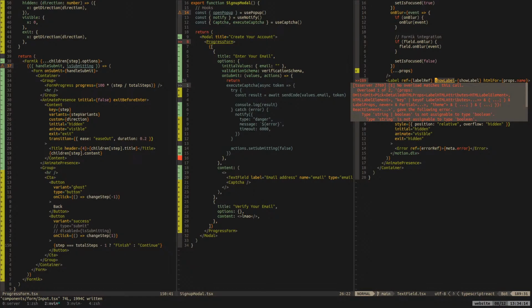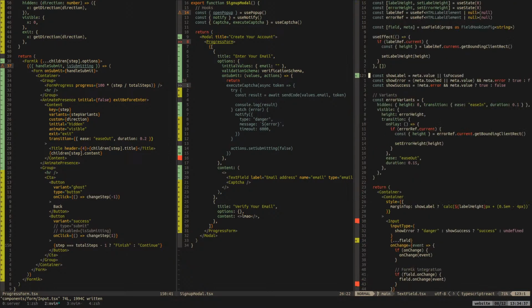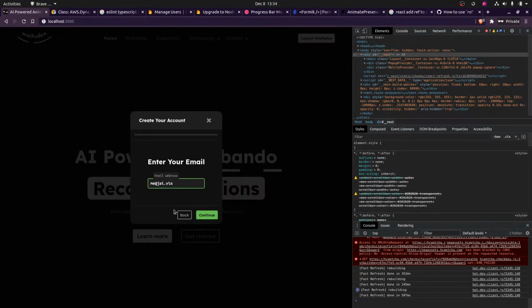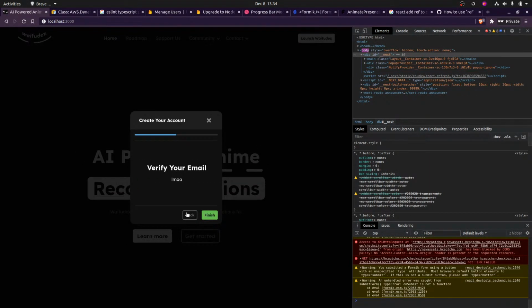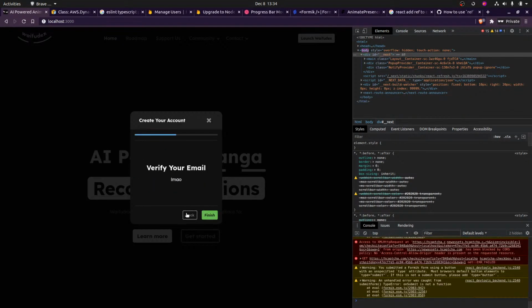But okay, so show label is, TypeScript does not like that thing. Not assignable to type boolean. Excuse me? Type string is not... Well, here's the thing. Show label... Okay, that makes sense. It's because we need to convert it to a thingy. Okay, that works now. We did a lot of good bugs today, on stream and stuff like that. Oh, what I don't love though is how it animates actually.